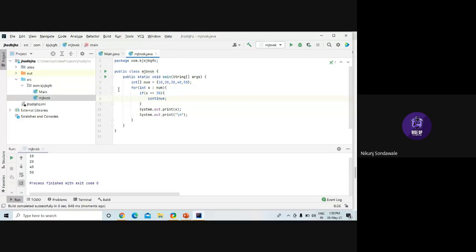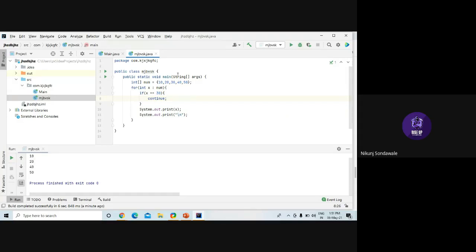In this for loop, first the value of x will be 10, right? 0th index, number 10. Is 10 equal to 30? No. The if condition is false, so it will print 10 and go to the next line because of this x and backslash n. Then it jumps to the 1st index. The value at the 1st index is 20, so x became 20. 20 is not equal to 30, definitely not, so it will skip the if block and go directly to this print statement. It will print 20 and go to the new line.